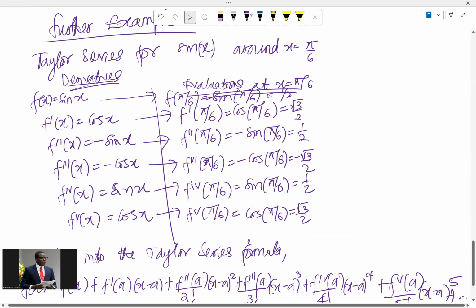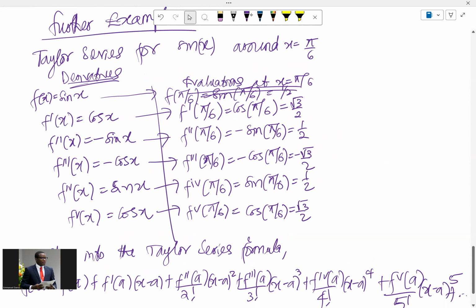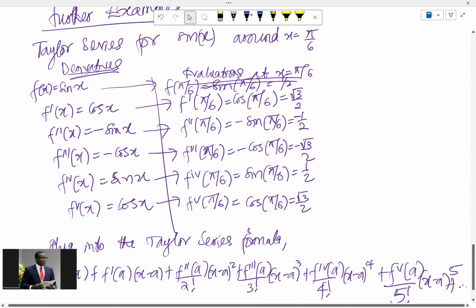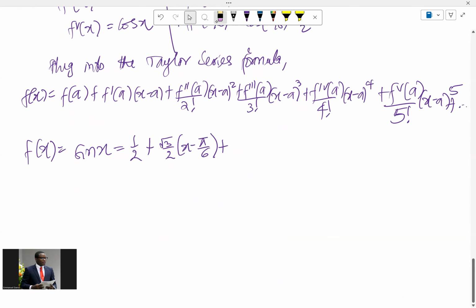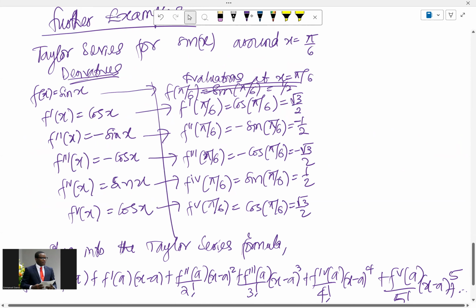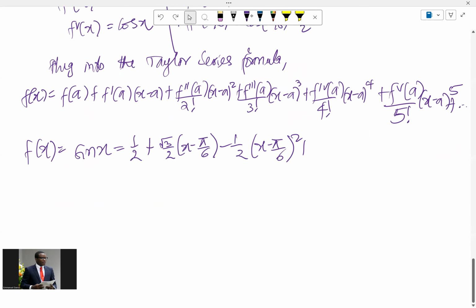F prime prime of a, so this is minus now. This is actually minus. So differentiate cos, you get minus. So f prime prime of a is minus 1 over 2. So that is minus 1 over 2 times x minus pi over 6 raised to power 2. Then f prime prime prime, that's third derivative, which is minus root 3 over 2. So you see that's minus root 3 over 2 times x minus pi over 6 raised to power 3,